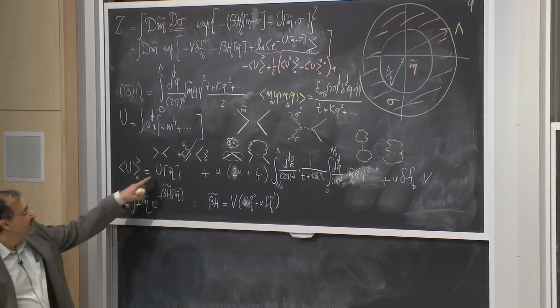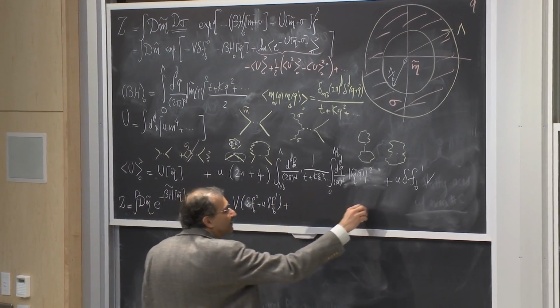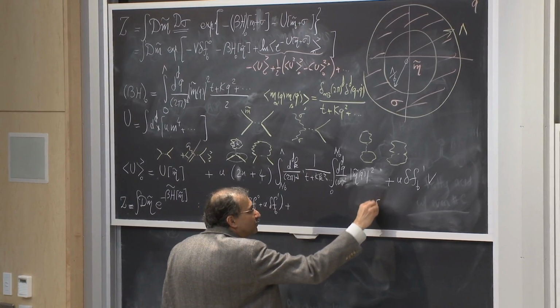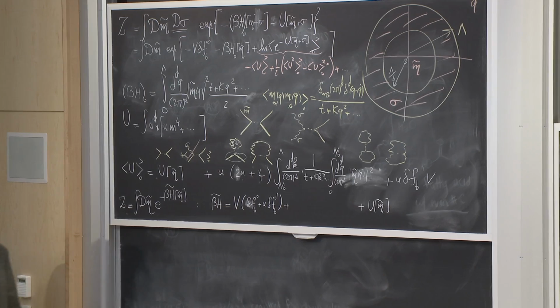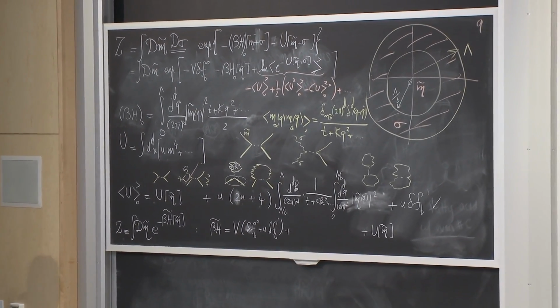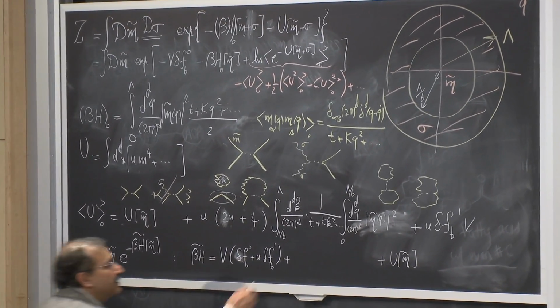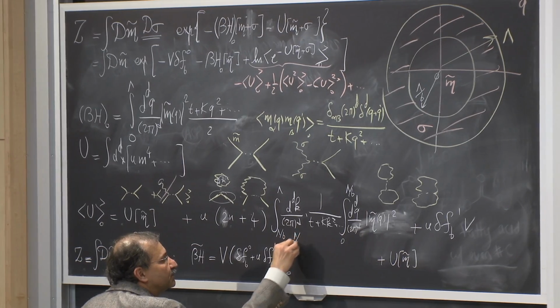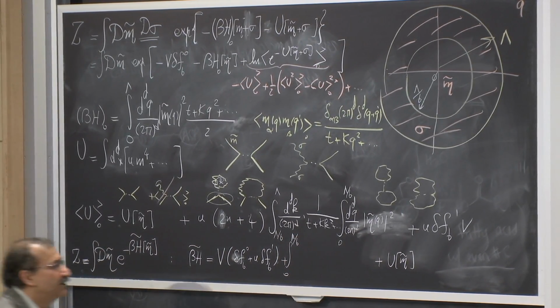I have the u, exactly the same u as I had before, but now acting on m tilde, so 4 factors of m tilde. The only thing that happened is that the Gaussian contribution, now running from 0 to lambda over b,